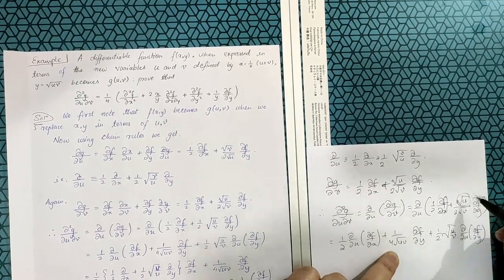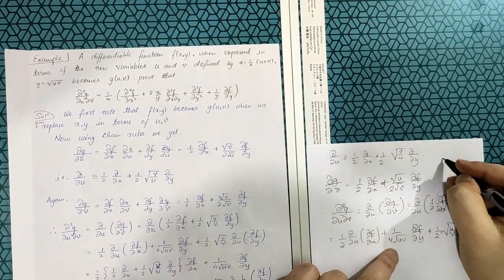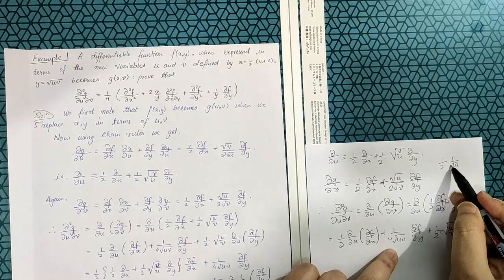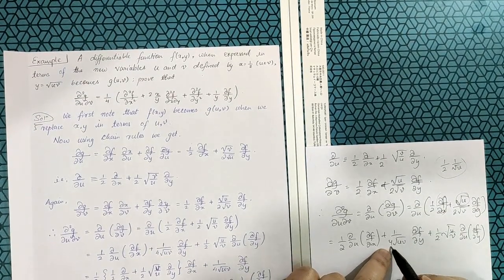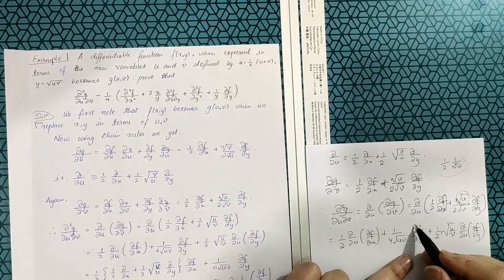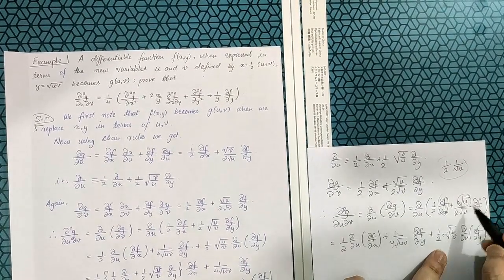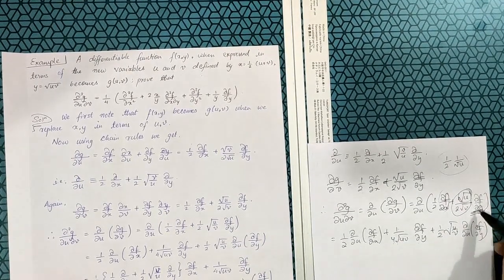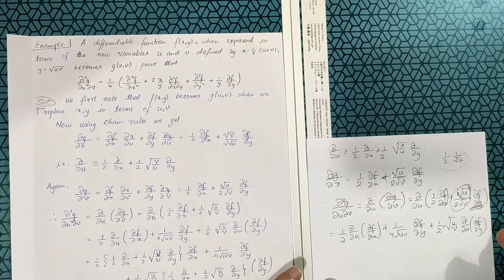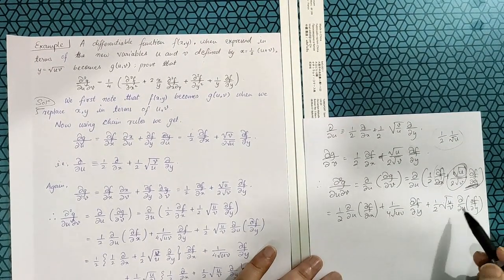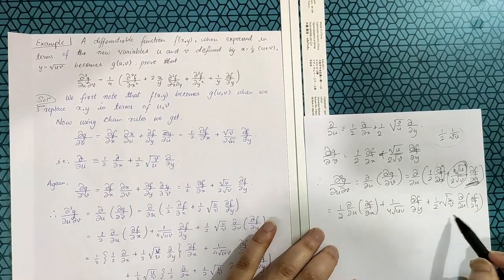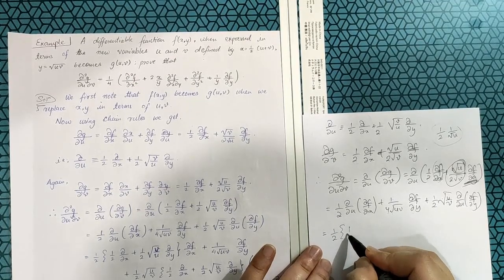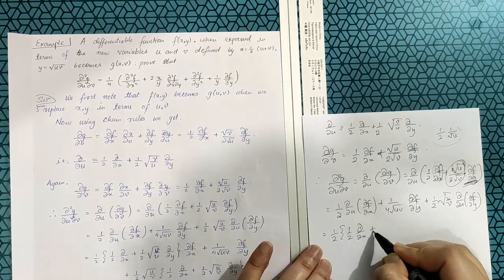So when we differentiate root over u, it will be 1 by 2 times 1 by root over u, which is multiplied here and we get 1 by 4 root over uv, and del f by del y is the same. And in the second case we need to keep this as constant and we take the partial differential with respect to u. So we get this form. Now we put the operator. After we put the operator we have something like this: